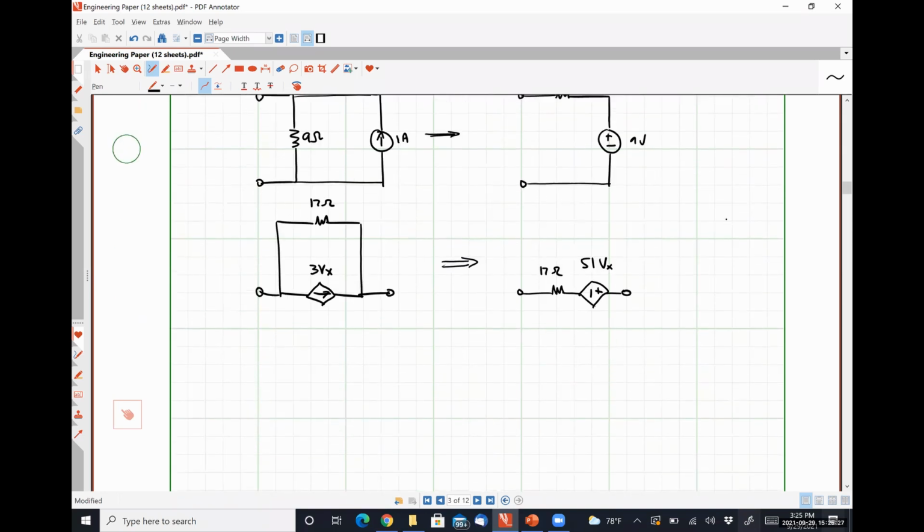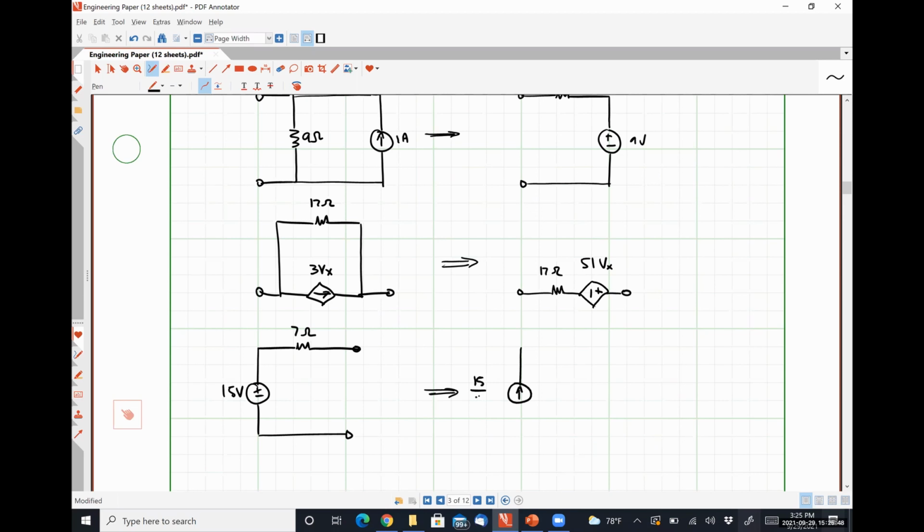So just to be clear, we have a 15 volt source in series with 7 ohms of resistance. So our transformation would be